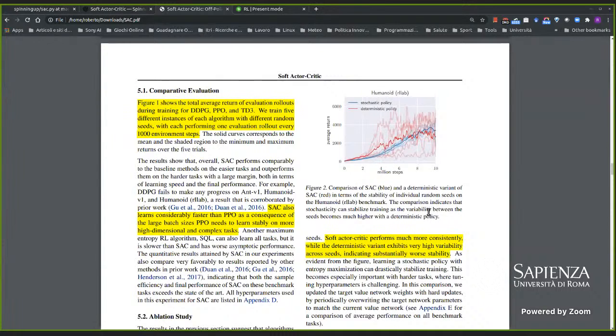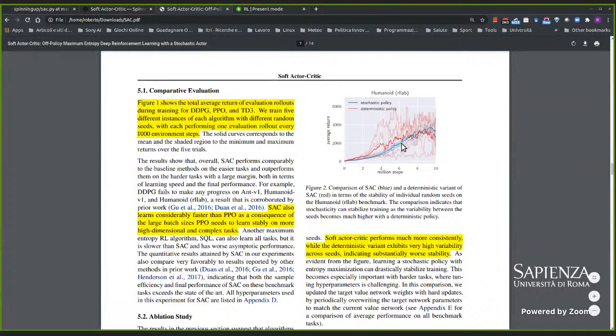As you see, the stochasticity stabilizes training because the variability of the red lines is much higher compared to the variability of the blue lines. So the performance is comparable, and there is not as much